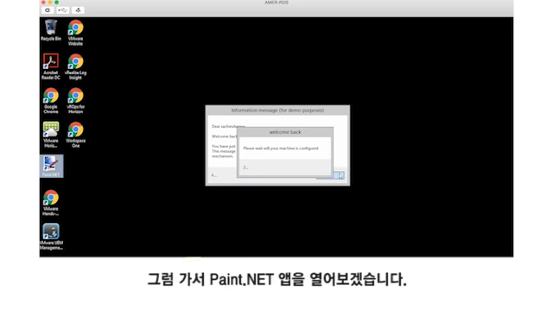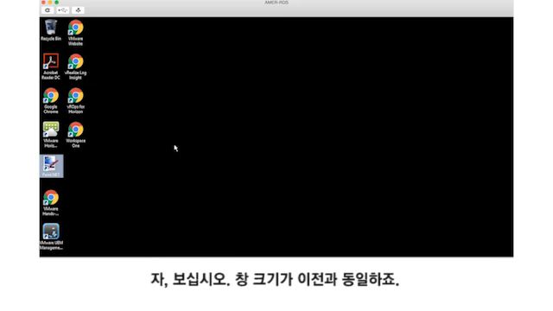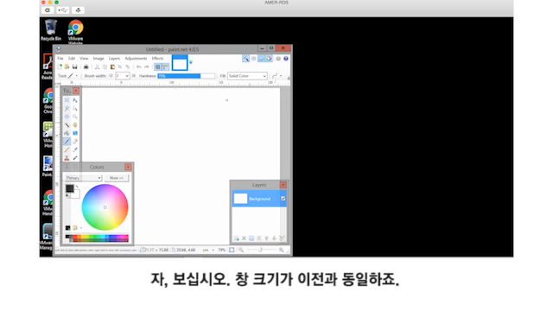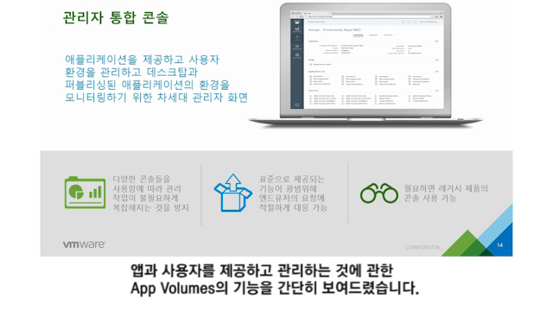So let me go ahead and open up that Paint.net app and you can see, there you go. The size of the window is the same as before. We're viewing this in centimeters and my ruler is now available. That was a simple demonstration of the capabilities of App Volumes when it comes to delivering and managing apps and